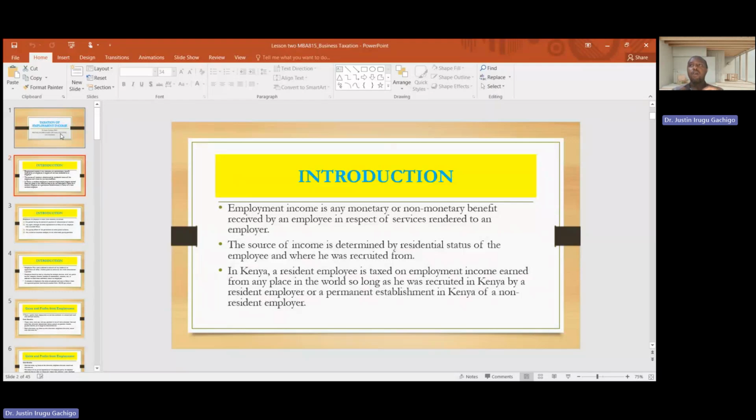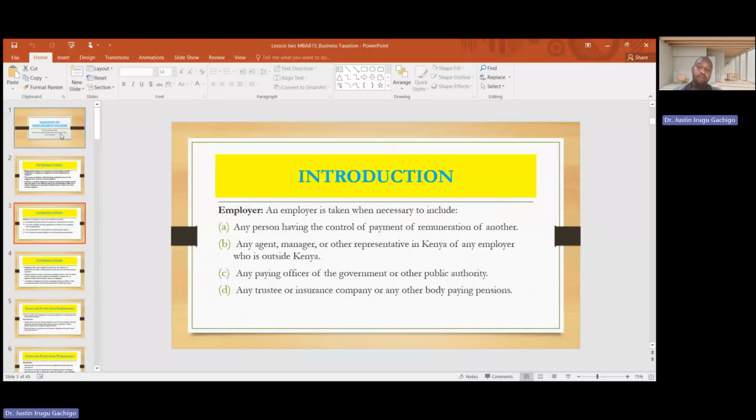That is to say, if you are not a Kenyan, but for tax purposes, say you work for a company called Google. Google is in Kenya, but the parent is in another country. Your payroll is processed by a company that is in Kenya. That means the company in Kenya must remit your tax to the Kenya Revenue Authority, regardless of whether you are a resident or not a resident, because you are working for a company with a permanent establishment here in Kenya, or for a resident company in Kenya.